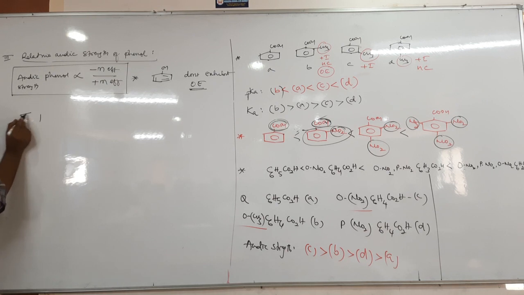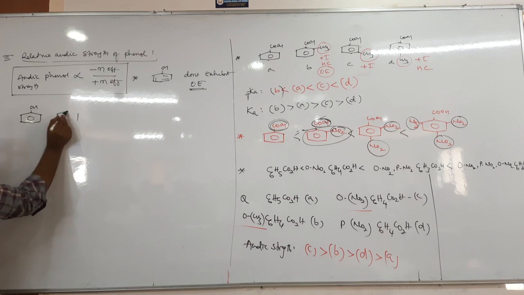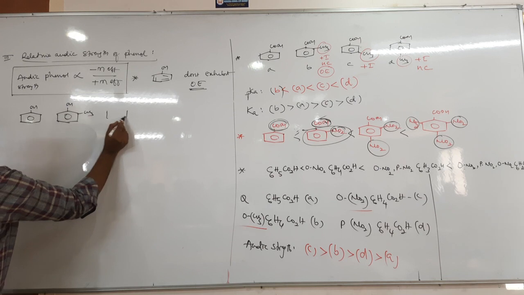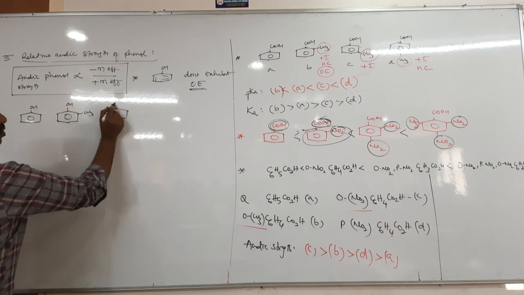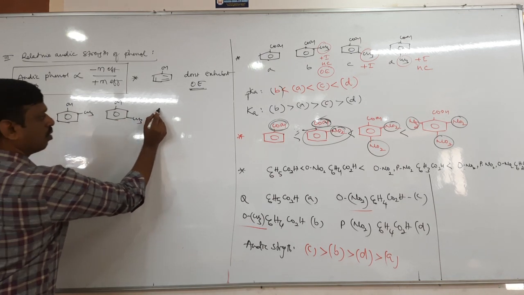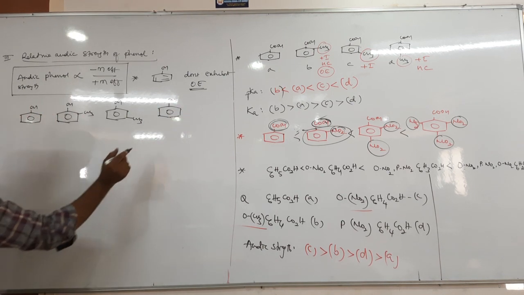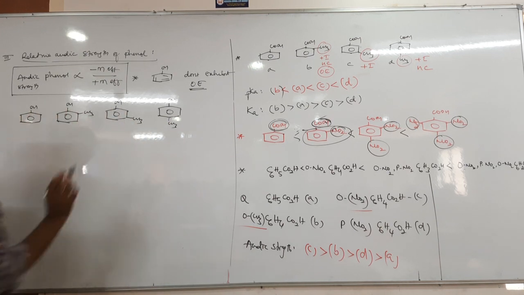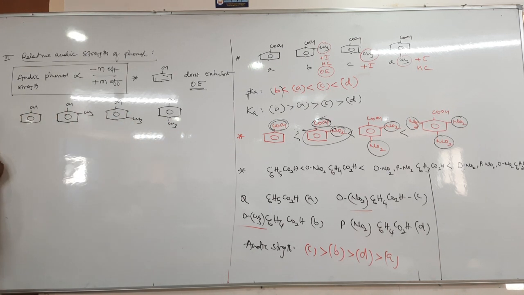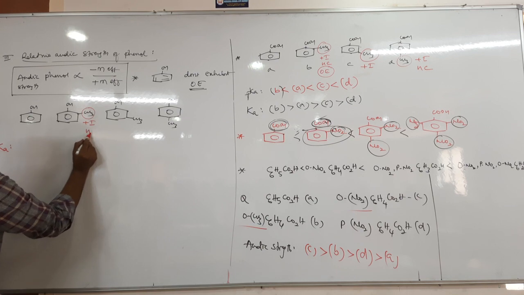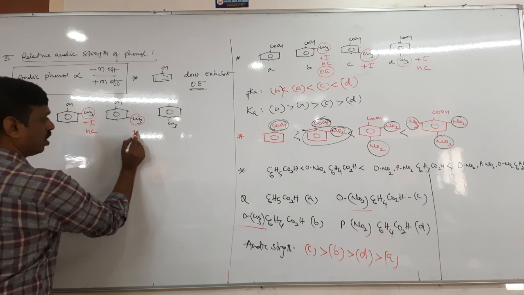Let us take phenol, the same kind of example I will give here. Phenol, orthomethyl phenol, metamethyl phenol, paramethyl phenol. Come on, tell me, what is the order of Ka, the acidic strength? So again, remember, first identify what are the effects. It is a plus I, hyperconjugation. Only plus I